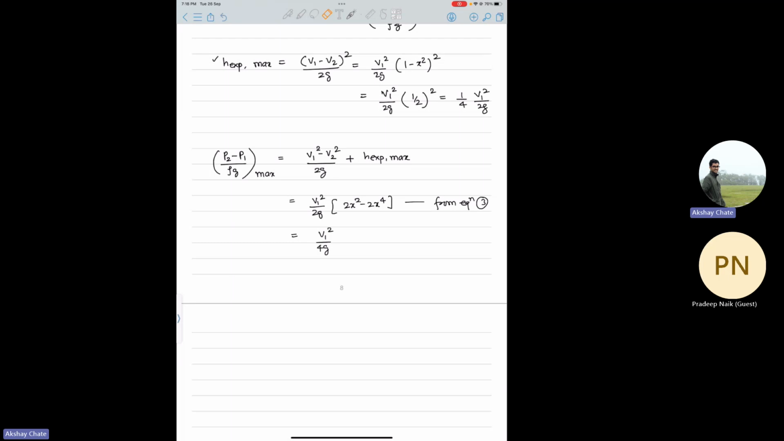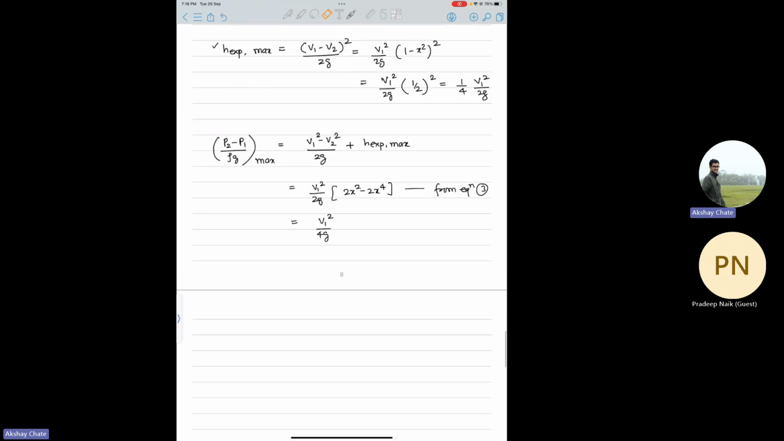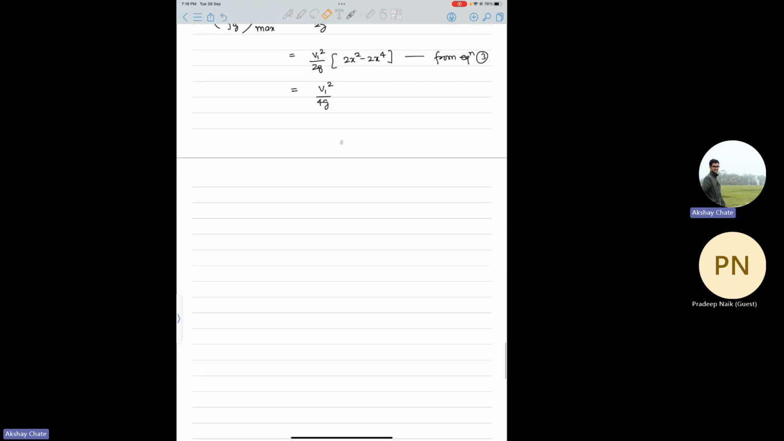Anyway, so that is the whole thing about the minor losses. I hope this subjective question will help you in understanding. But this is the maximum that can be asked. So now the next part is